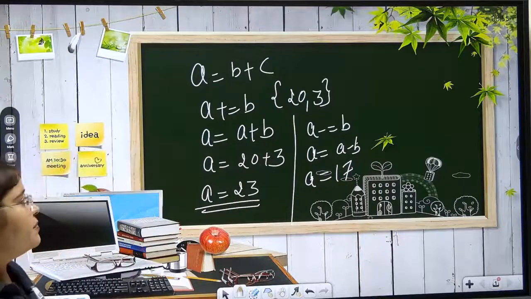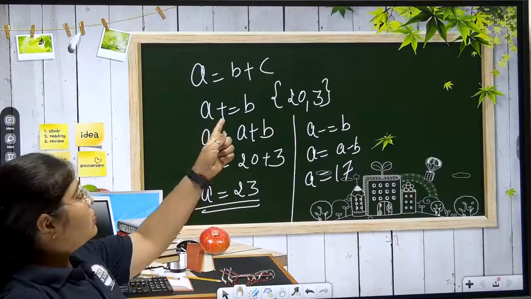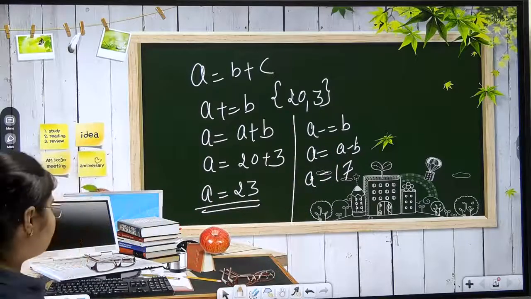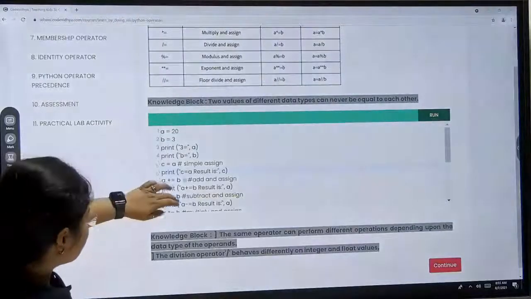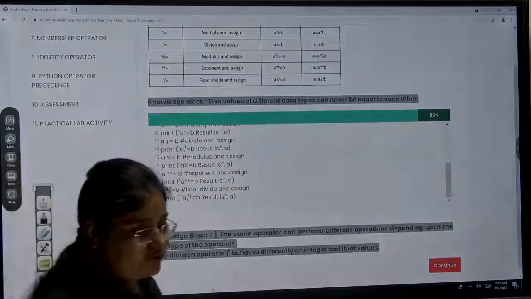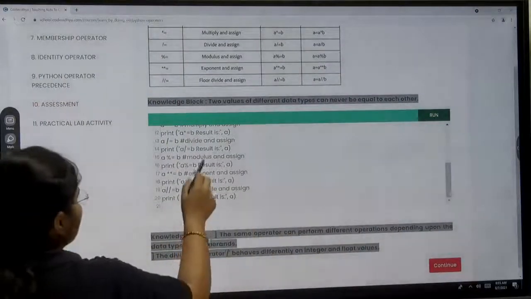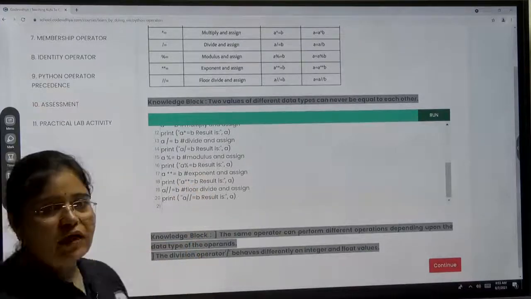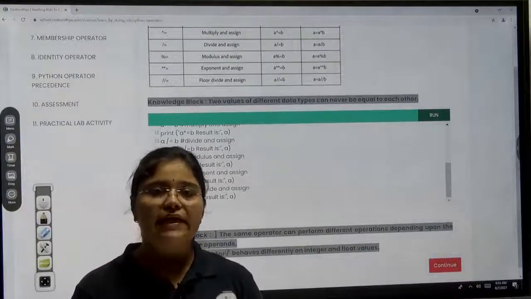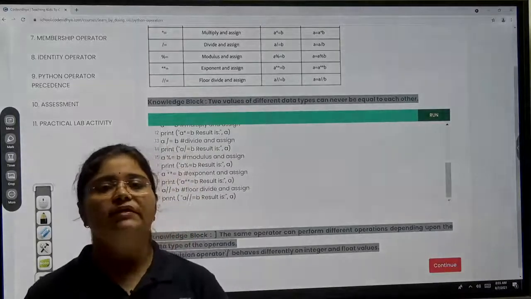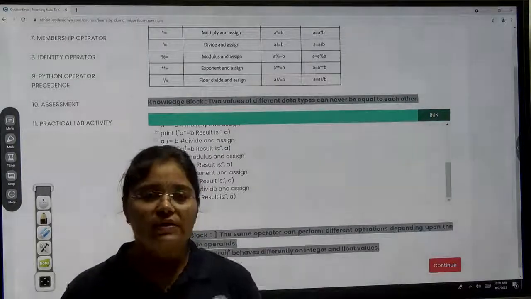It means do the addition and then assign, do the subtraction and then assign. So in this way you can get an idea with the help of this example. With the help of arithmetic operators we are assigning some value to some operands. So the combination of assignment plus arithmetic operator is known as an assignment operator.